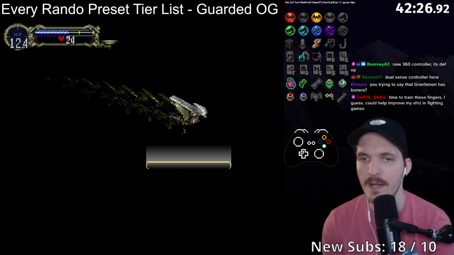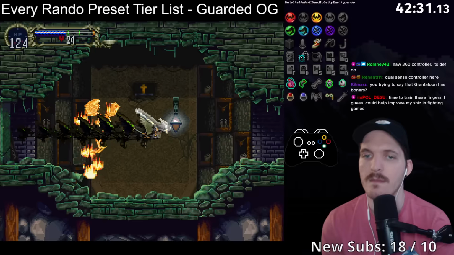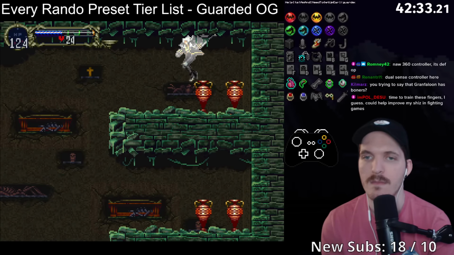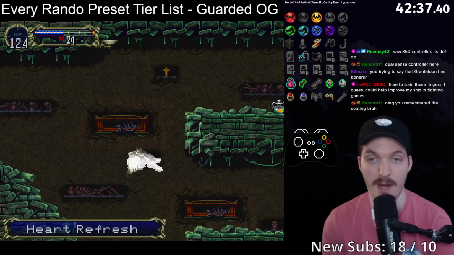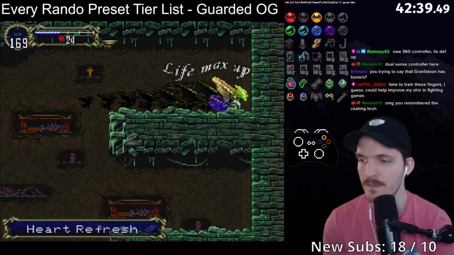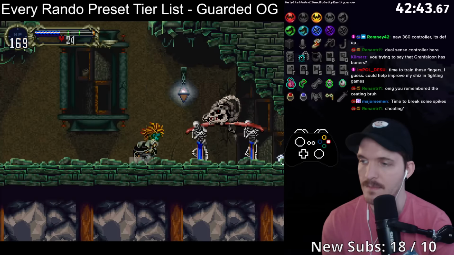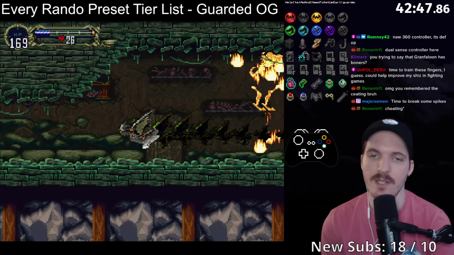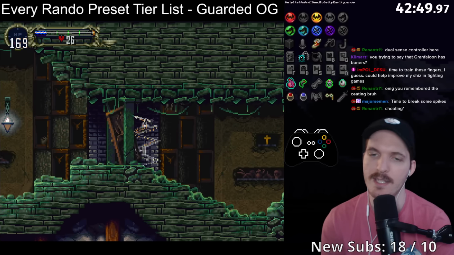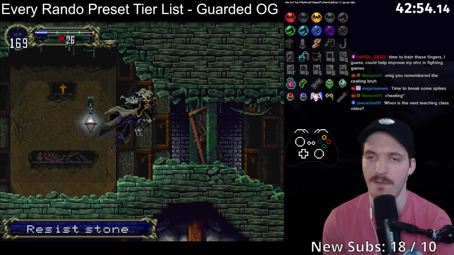Trying to see how low I could go, but whatever. Double heart refresh? Well, don't mind if I do. I'll take 2. I'm gonna check Granfloon as well because he could have the final relic. And at this point, I'm not really racing. If I was racing, I would skip Granfloon for sure, but